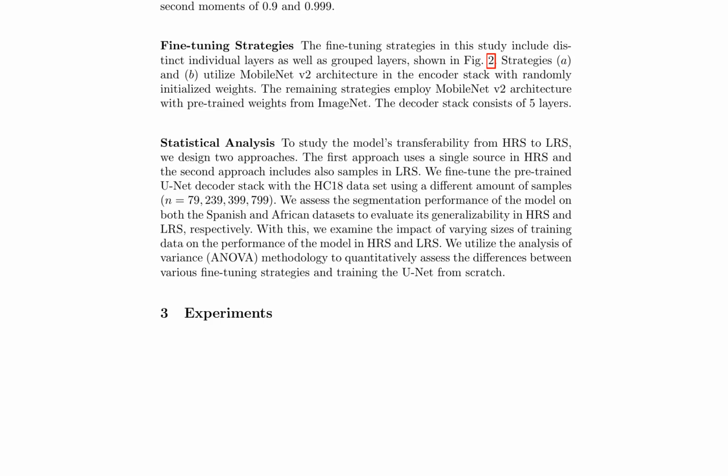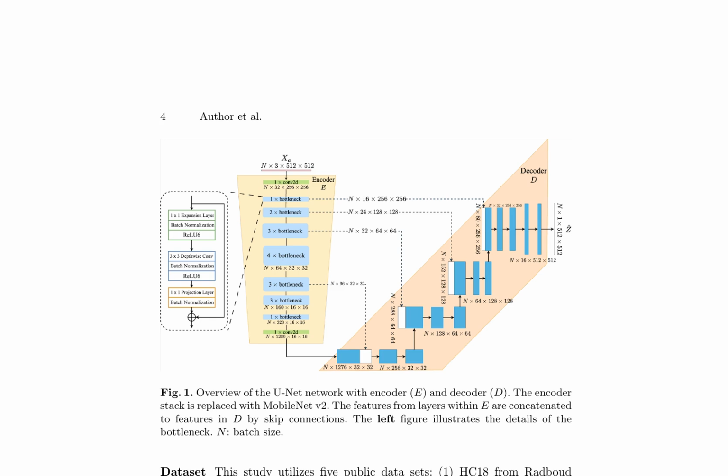various applications. A deep learning model is developed for fetal head circumference estimation using ultrasound images. The model leverages a modified UNET network with MobileNet v2 as the encoder stack, featuring skip connections between encoder and decoder layers. 5 public datasets are employed for training and testing, namely HC18, Spanish, and African datasets, which vary in image quality and characteristics. The HC18 dataset consists of 799 training images and 200 validation images, annotated by experienced medical